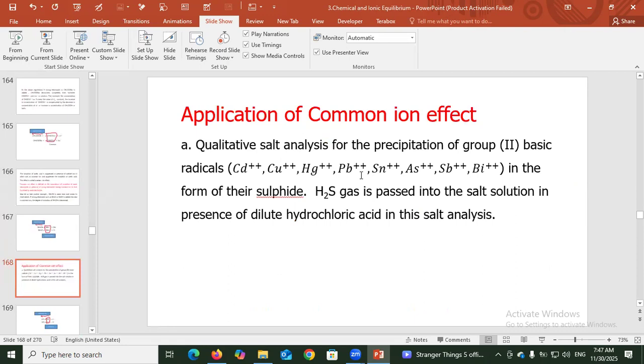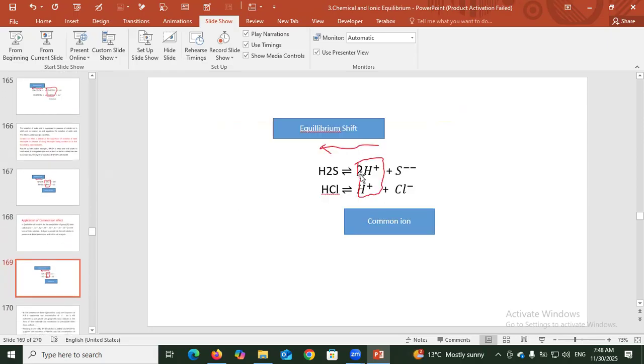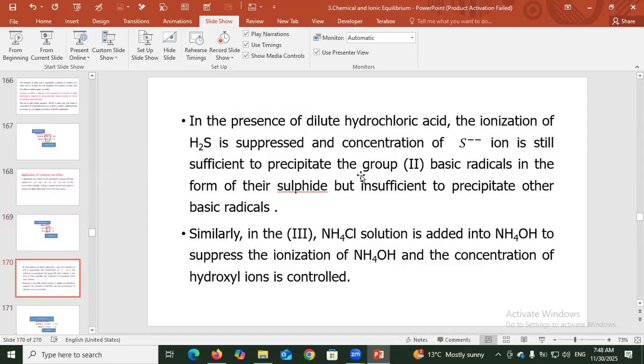Application of the common ion effect: in qualitative salt analysis, for the precipitation of group two basic radicals in the form of sulfides, hydrogen sulfide gas is passed into the salt solution in the presence of dilute hydrochloric acid. In the presence of dilute hydrochloric acid, the ionization of hydrogen sulfide is suppressed and the concentration of sulfide ion is still sufficient to precipitate the group two basic radicals as sulfides, but insufficient to precipitate other basic